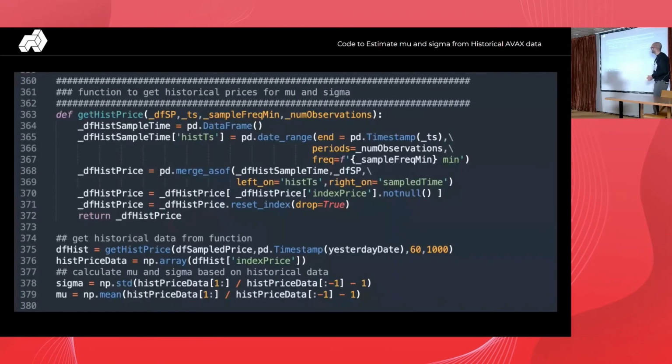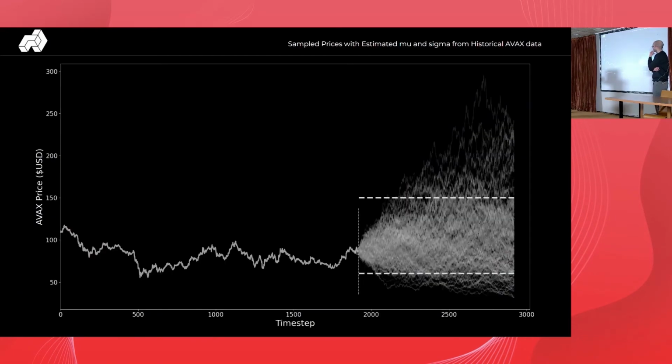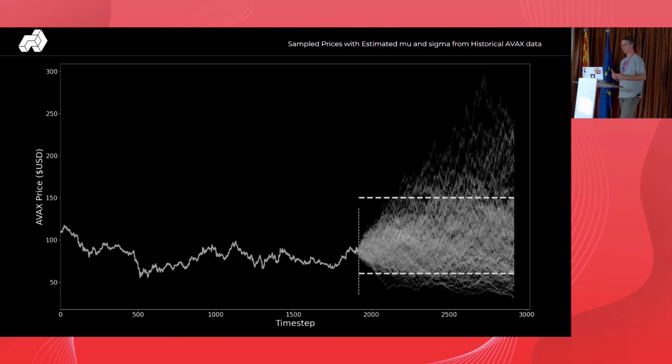So now we can show an example of what this actually means in practice. As Ed had mentioned, we have all these simulated paths. We can pick a number out of a hat. Here, I think in the code, we chose 150 and maybe $60, and that's now these horizontal dashed lines. Let's say we have 200 or 500 total paths, and we want to know, what is the probability that at expiration, or 1,000 hours into the future, AVAX will be above